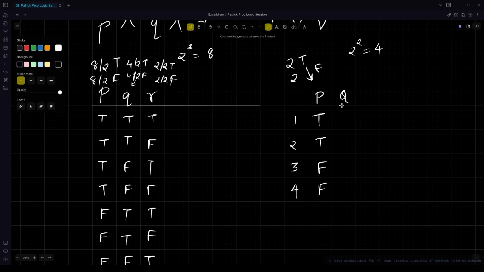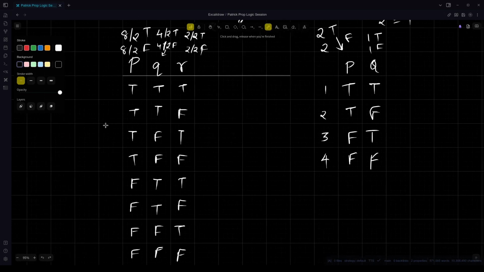Yeah. And for this one, what you're going to do is just divide the 2 by 2. So you get a pattern of 1 true and 1 false. So that's 1 true, 1 false. 1 true, 1 false. Right, and then for the column R, which we saw, this is a pattern 1, 1, right? For the Q column. One sec. So you see, this is for the 2 by 2 grid. So this is for the 3 variable grid,